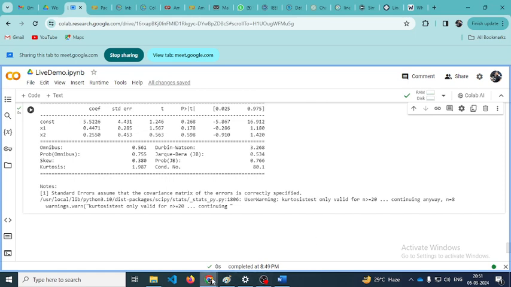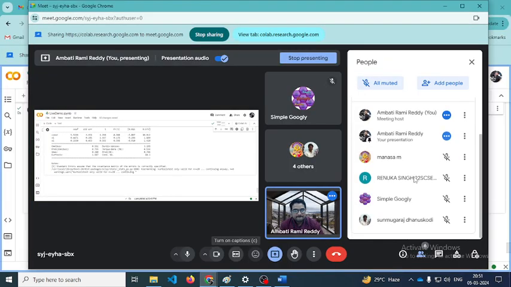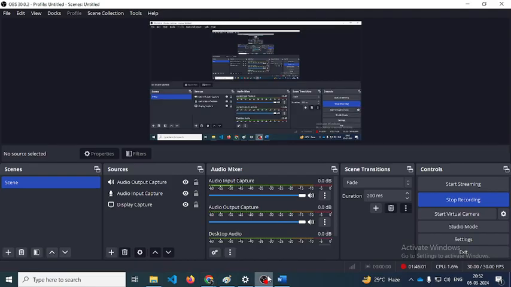So any questions? If you don't have any questions, you try to practice these regression models using Python. You can give some x values and you can predict your y value based on your regression model, okay. If you don't have any questions, I will conclude the session. If you are having any questions,